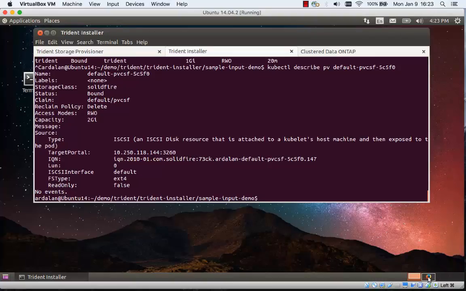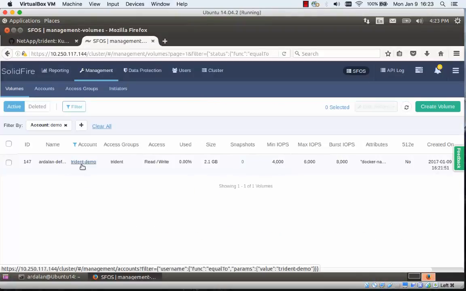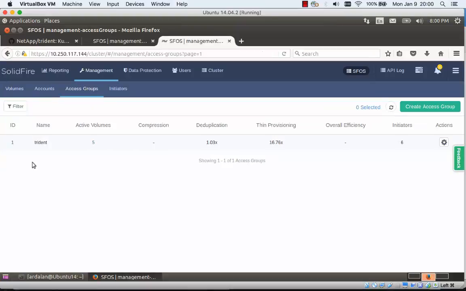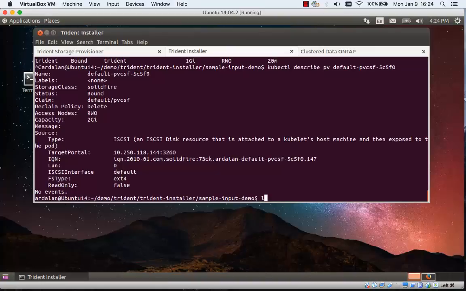So if I go to my SolidFire backend, I'll see that we have a new volume here that is provisioned by Trident. For this to work, I had already created the Trident volume access group in advance. Otherwise, adding the SolidFire backend would have failed, just like the ONTAP SAN backend the first time. As you can see here, there are 6 initiators added to this volume access group, one of them being my host, which I just added to the ONTAP SAN backend. Going back,